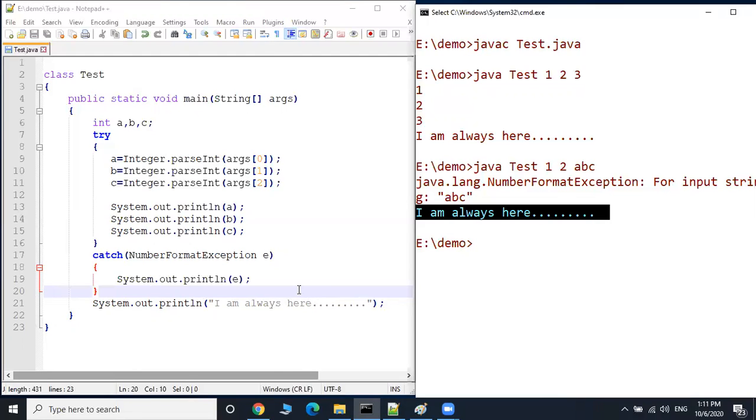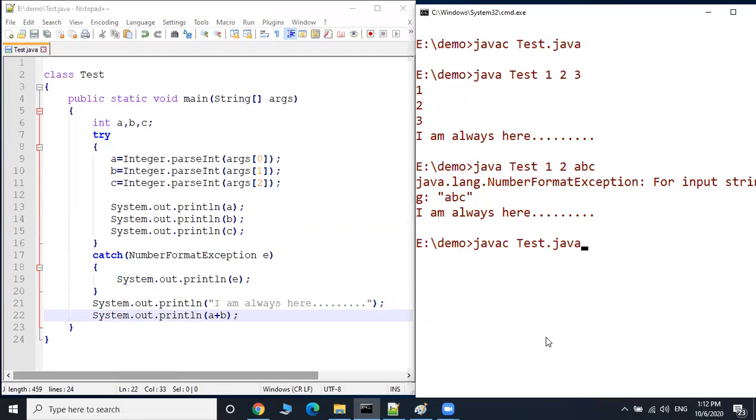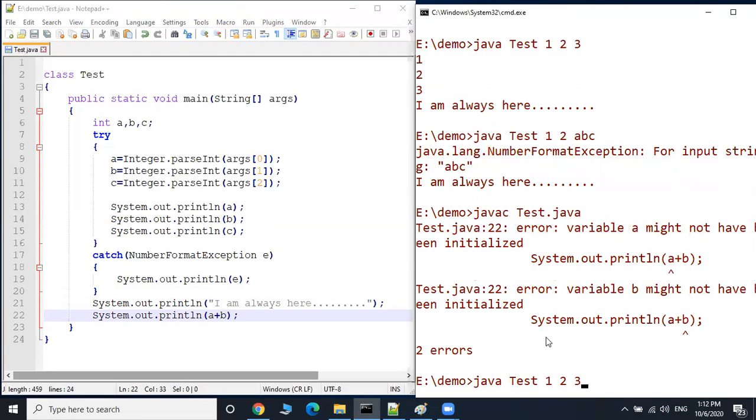Now suppose a and b are available. Suppose you want to perform addition of a and b. Now you can add the values of a and b here. But because a and b are initialized locally here, you may not get the result here.